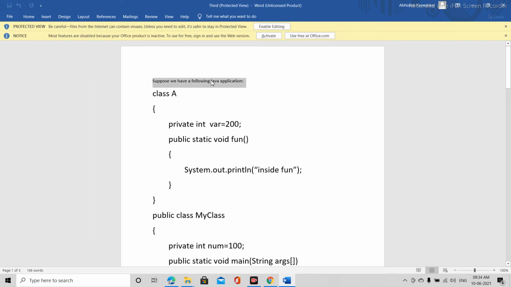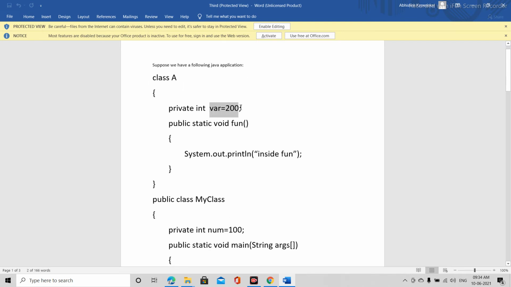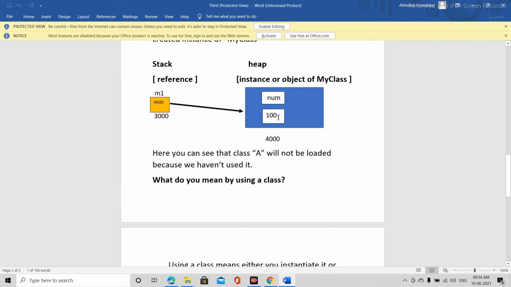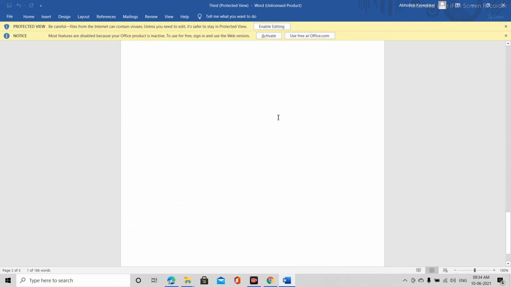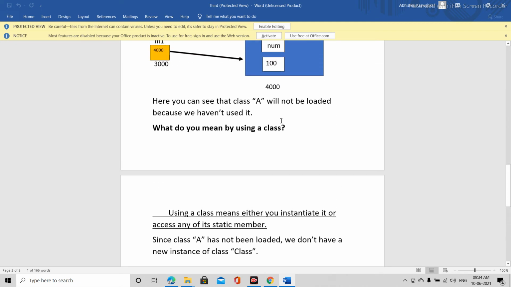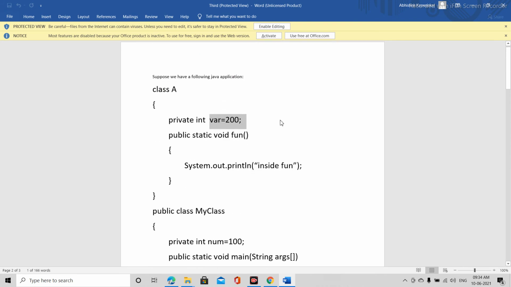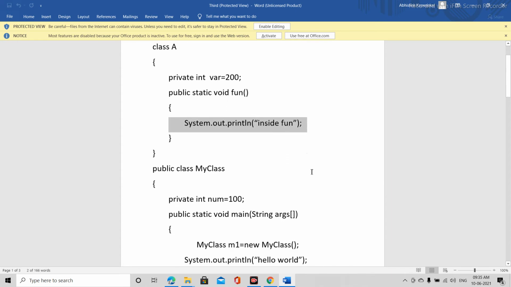Suppose we have the following application: class A, private int var is equal to 200. Now it will be stored as var is 200. Now public static void fun, that is a function, with System.out.println inside the function.